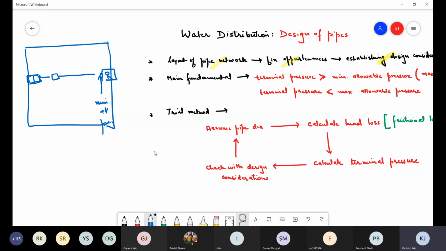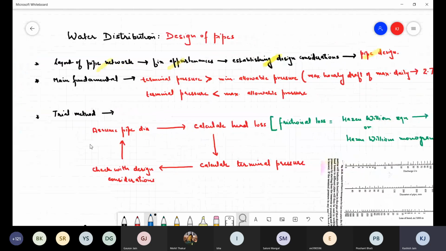right? That is the main fundamental behind the design of pipes: whatever pressure you have available over here, and whatever head loss is going to occur during transportation of the water, this has to ensure that P minus head loss should be equal to the minimum P required at the terminal end. And this is what is written over here, that the terminal pressure should be greater than the minimum allowable pressure, and also the terminal pressure should be less than the maximum allowable pressure, and the maximum allowable pressure will depend upon the type of pipe which you are using. Okay,